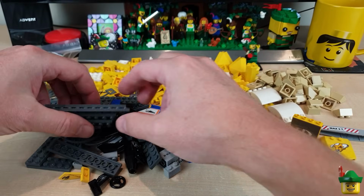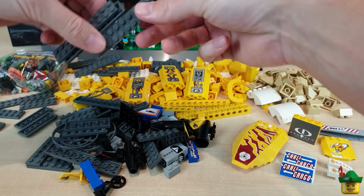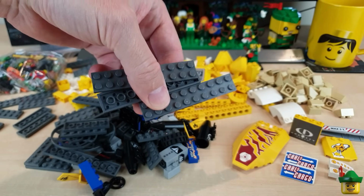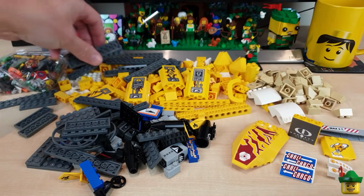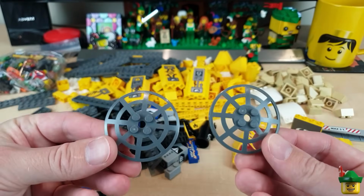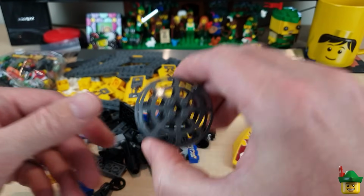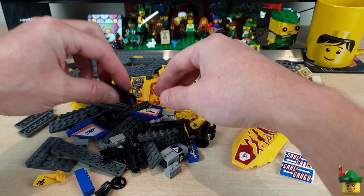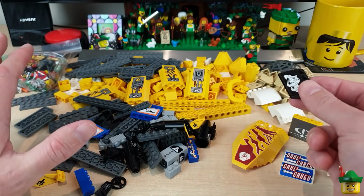Churning through it, given I thought it was going to be absolutely full of sticker pieces. Loads and loads of plates. They must have been really good value, I suppose. We've got lots of 2x10s, 2x6 in there, an absolute load, but then you can never really have too many of those, I think, for buildings and so on. They're for a Dr. Inferno build, but I'm not sure I need them anymore, because I went with an alternate piece just as a temporary holding measure, and I kind of prefer it, so...